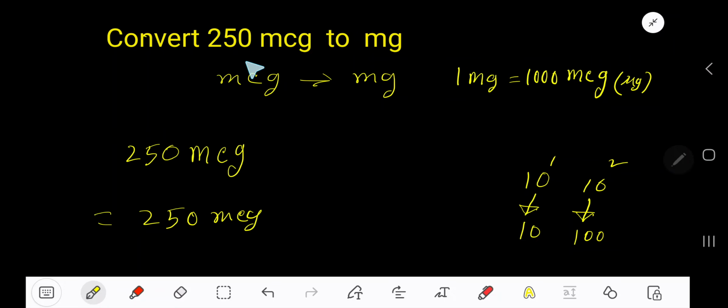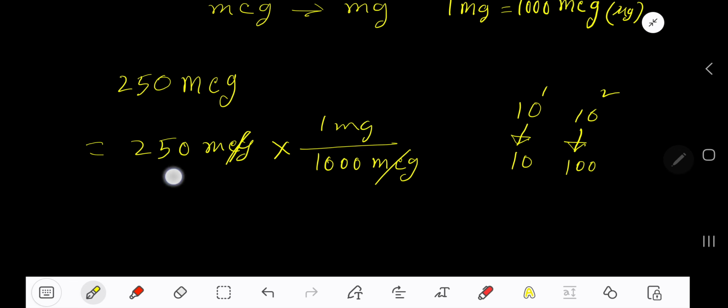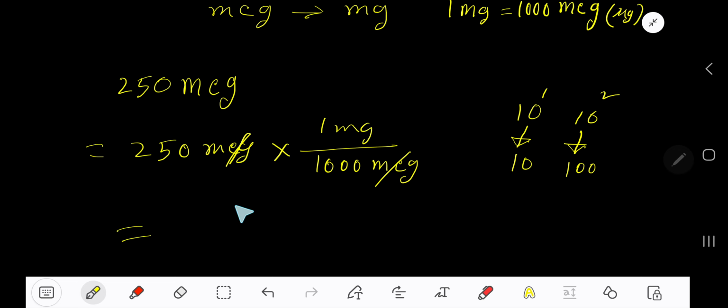How to convert 250 microgram to milligram? We'll use this conversion equation: 1 milligram equals 1000 microgram. So to cancel the microgram part, this part from the equation will be the denominator so that you can cancel, and this part will be the numerator. So we are getting 250 times 1, which means 250 divided by 1000